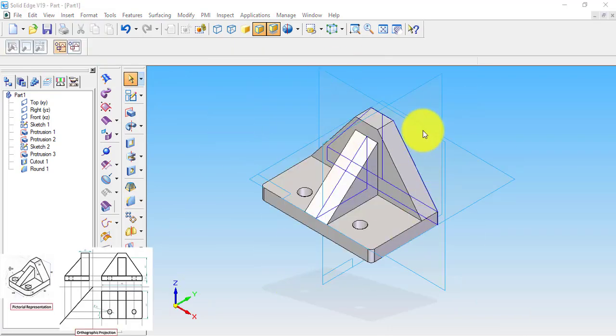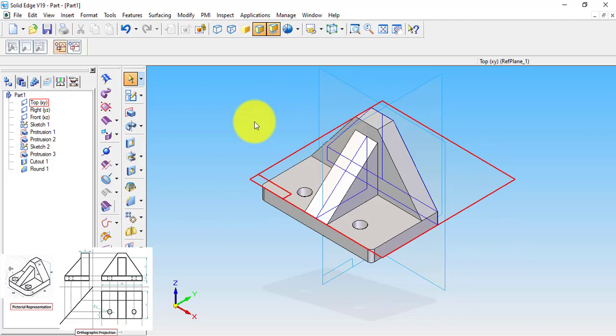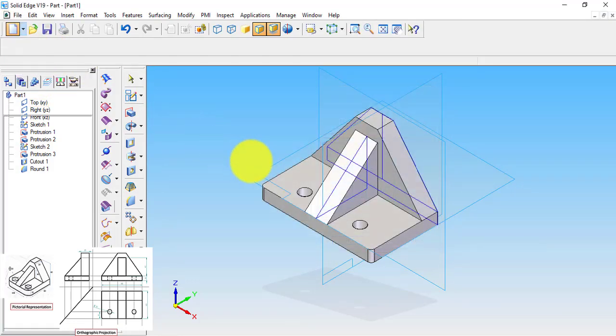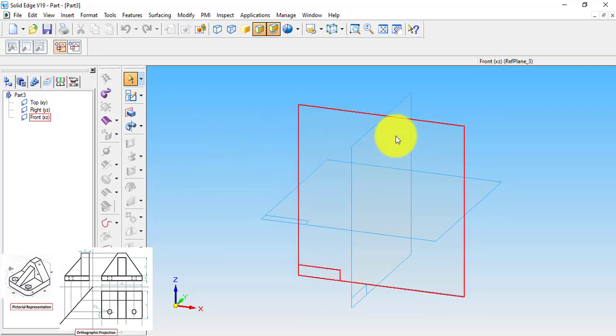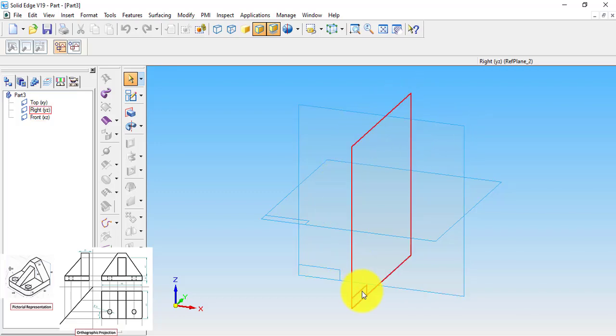Now, as you have seen till now, this is one way of creating the model, one way of starting the model and resulting in the final object. So let us now create the same object in a different way. Let us go for the new option, the part section. Last time, I chose the front view and started drawing the machine part. This time, let us start with the right side view, the side profile plane.